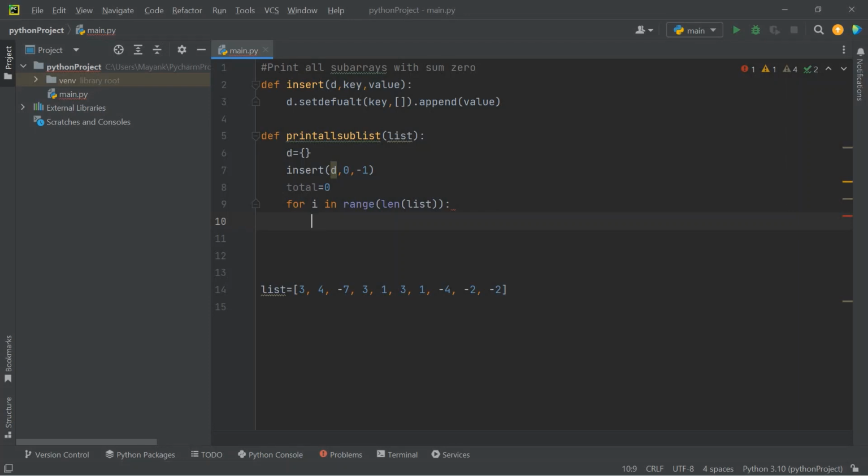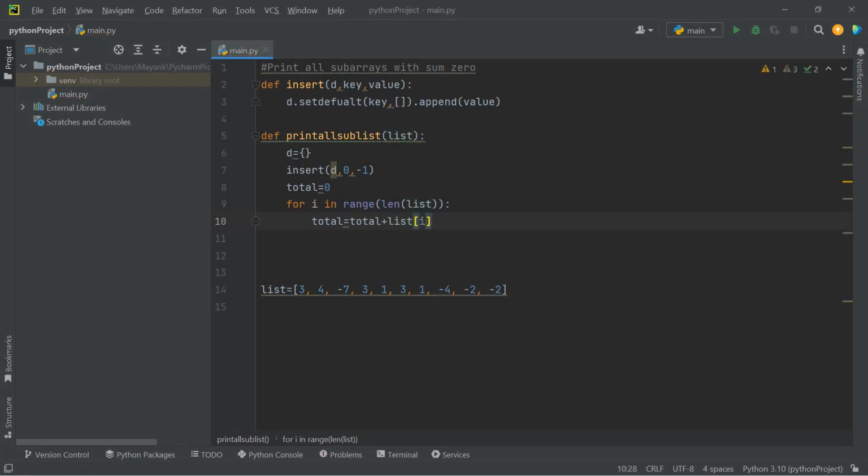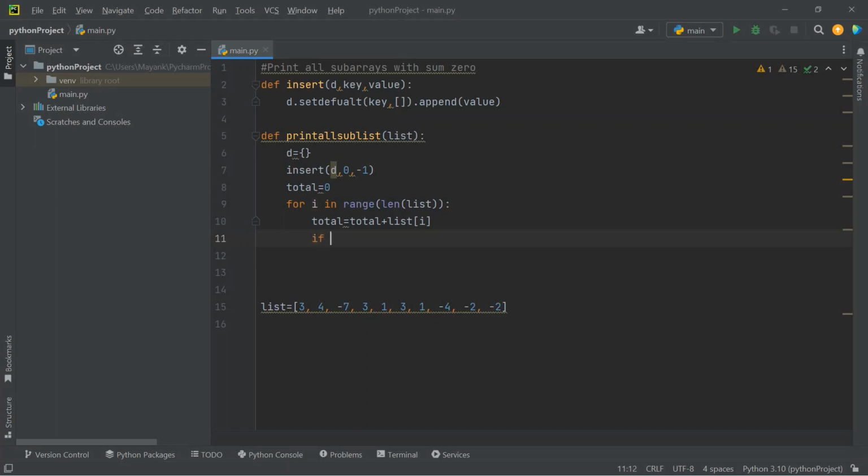अब यहाँ पर क्या करेंगे हम, total को लिखेंगे. Total equal to total प्लस list of i. Okay, so मैंने यहाँ पे total जो है, मेरा initially total 0 है, उसके अंदर मैंने list of i जो कि मेरा इस केस में पहले 0 पे होगा, list of 0 is 3. So total is total plus list of i. So this will become 3. Okay, so for the very first iteration this will become 3,